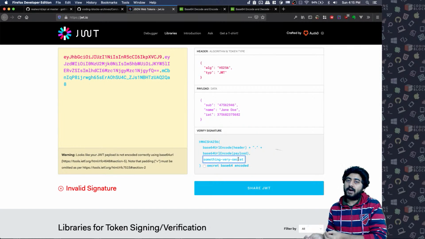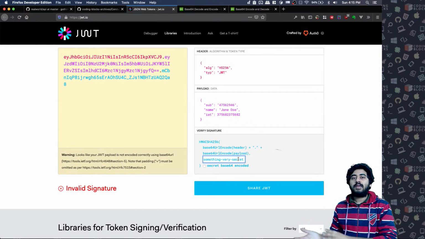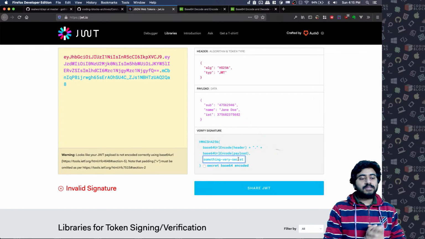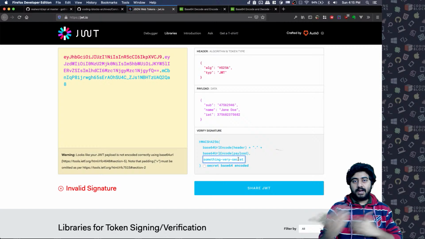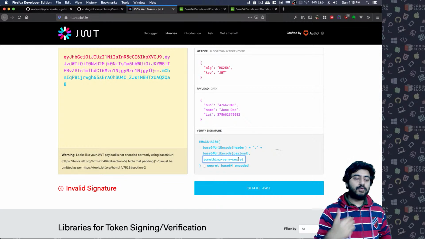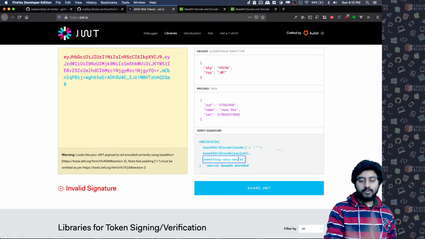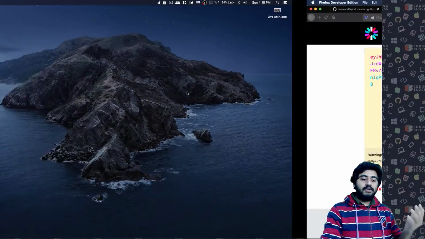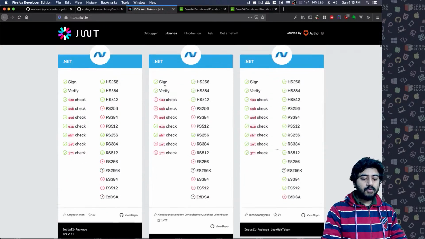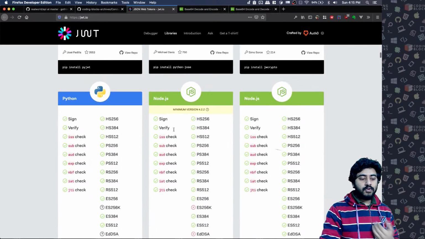So with the blue part you can verify that the data that is there is actually the same. Now why this JWT is useful is because you can transfer some data, authentication data, who is the user and all that stuff, very easily using JWTs. So I will show you how JWT is used. To use JWT, there is an npm module. There are a lot of libraries here. So for Node.js, there is